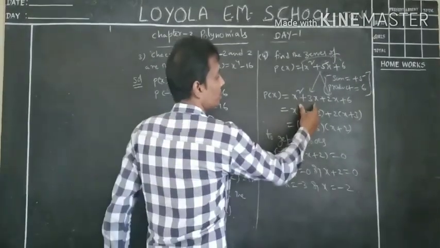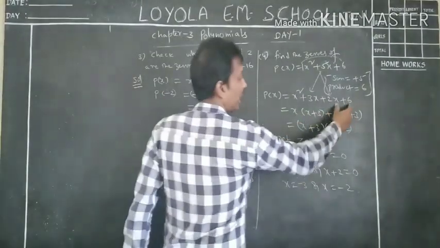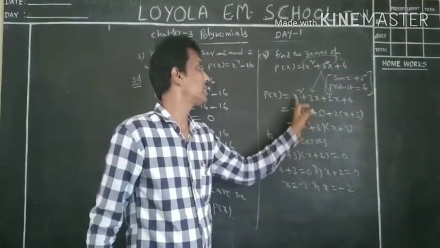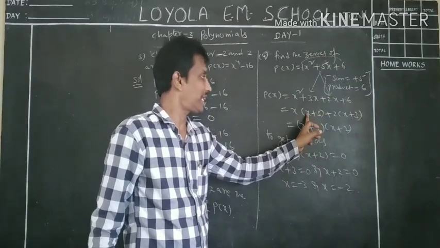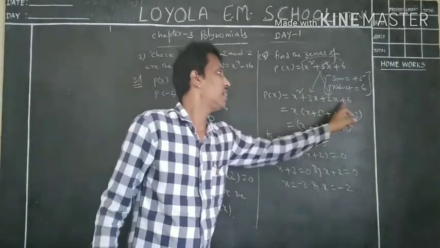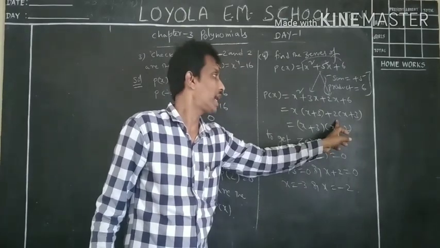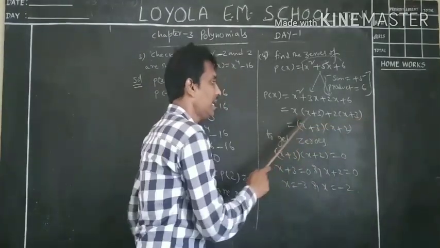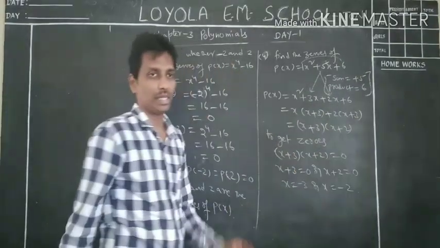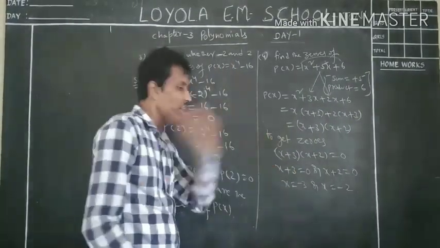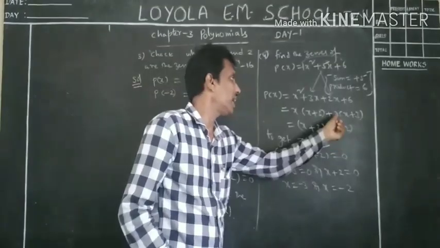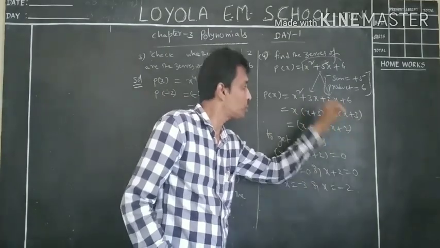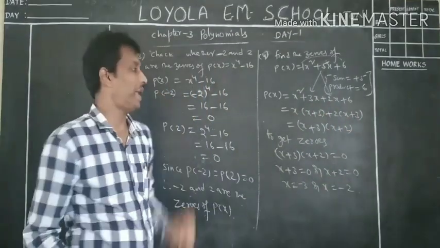From the first two terms, we take x common, and from the last two terms, we take 2 common. Here x we take common means instead of x square we write x, and here 3 is left. And from these two terms, 2 becomes a common factor, x plus 3. If you observe this step properly, here x plus 3, here x plus 3, the bracket term is common. If we take it out, here x is left and here plus 2 is left. Those two terms will be written in one bracket.